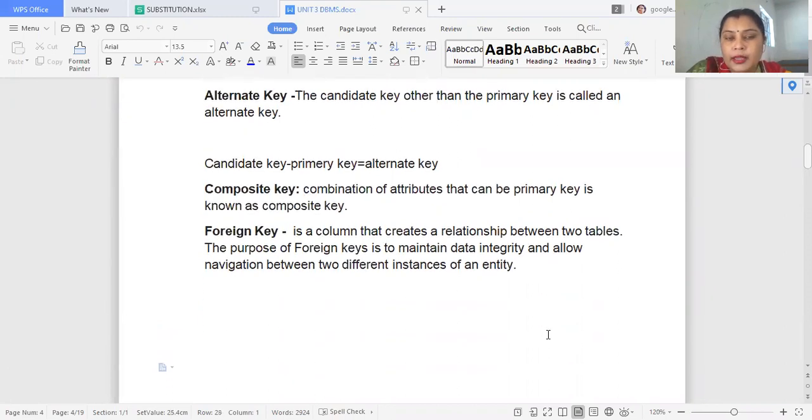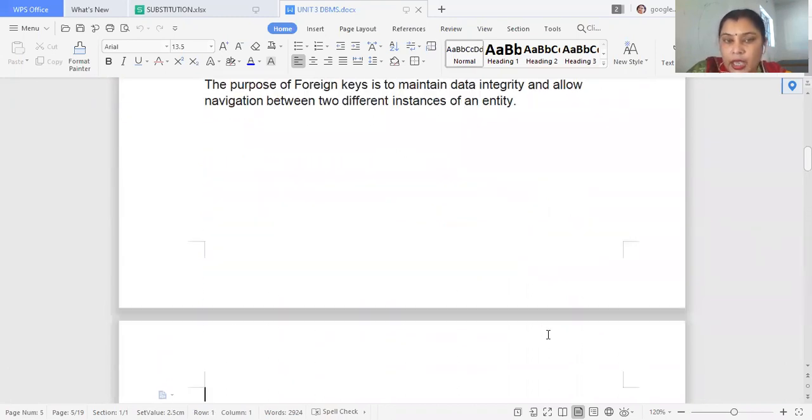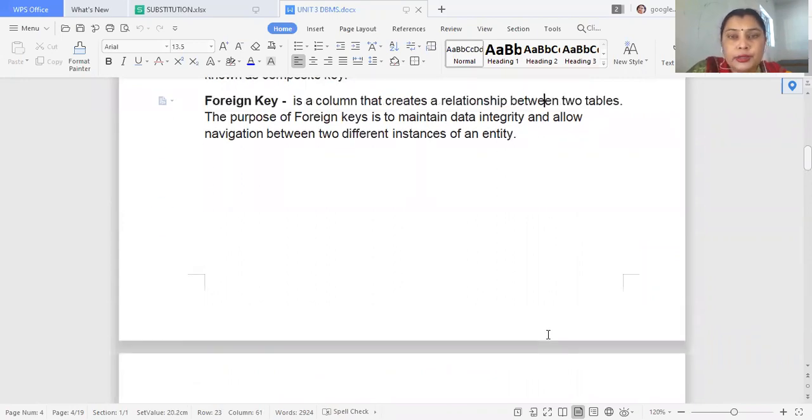The main purpose of a foreign key is to make the relationship between the tables, and it also maintains the data integrity.